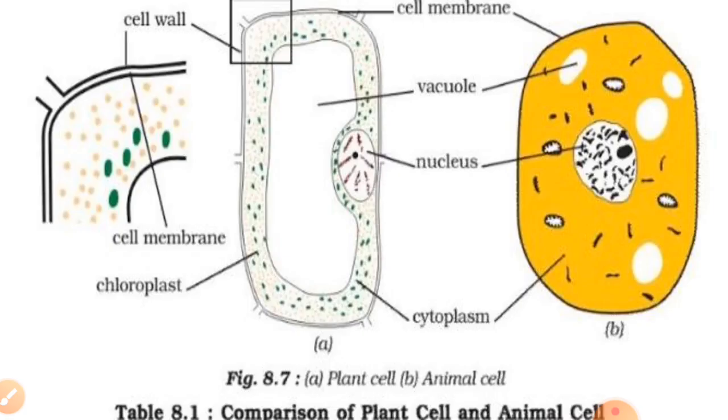So in the previous class we had learned the parts of the cell, that is cytoplasm, nucleus, vacuole, cell membrane, and these are the common parts that are found in the plant cell and also the animal cell. In the plant cell the chloroplast is present. It is not present in the animal cell. Okay, now here we will discuss the function of the parts. What is the function of the nucleus, what is the function of the vacuoles, what is the function of the cell membrane? So here we will discuss those things.